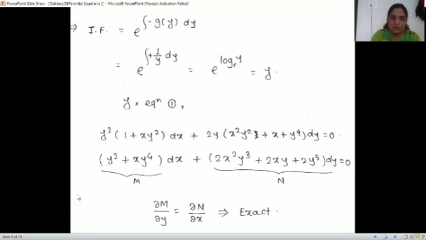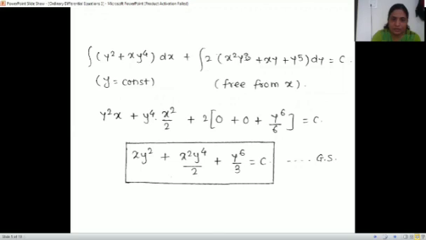And how to integrate then? Simply integration of M dx and integration of N dy, where this is an exact equation. So for the first integration, y is constant. For the second, free from x. So integrating with y constant, we get y square x plus y raised to 4, integration as y is constant outside as it is, and integration of x is x square by 2, plus similarly here it should not be x, but x is there, so these two terms cancel, and only the remainder is 2 into integration of y raised to 5, that is y raised to 6 by 6, which is equal to c. And therefore whatever remained is your general solution.